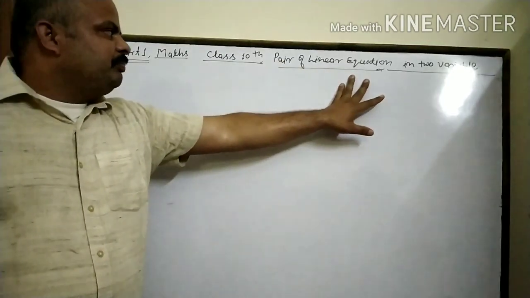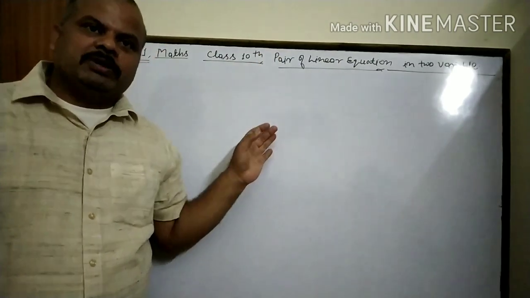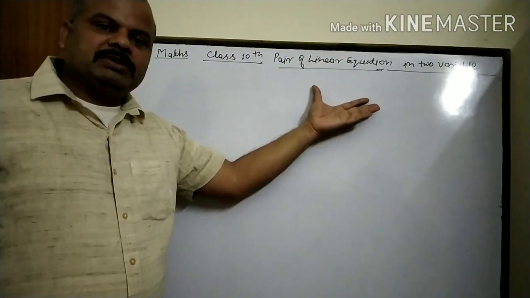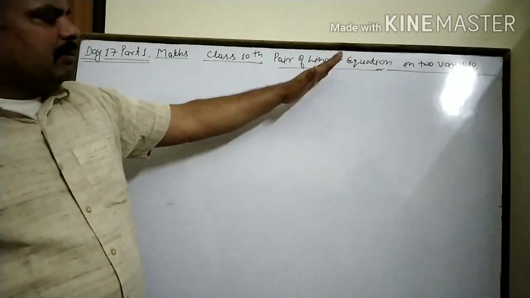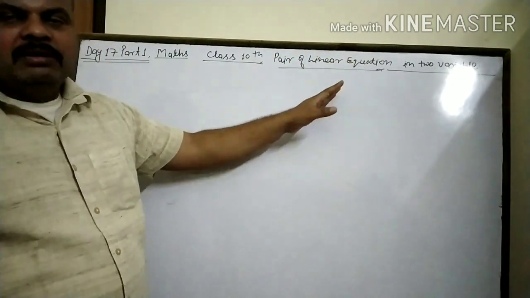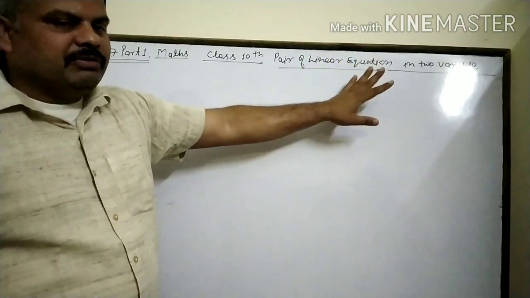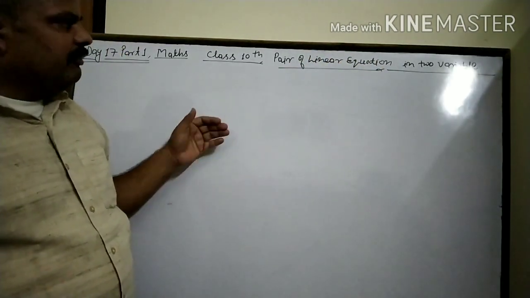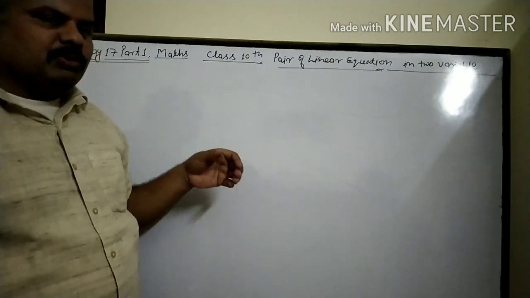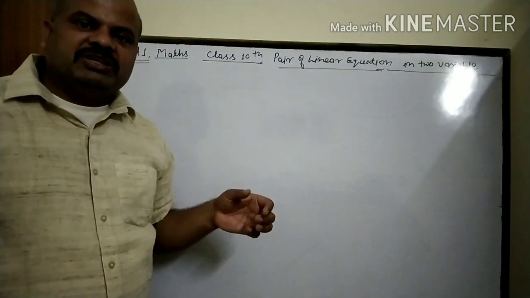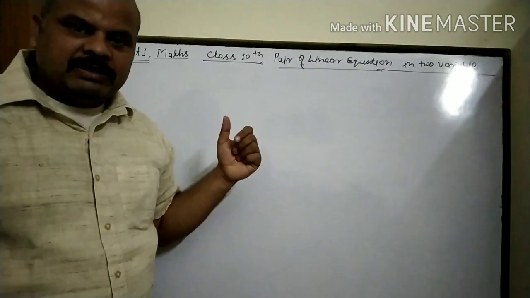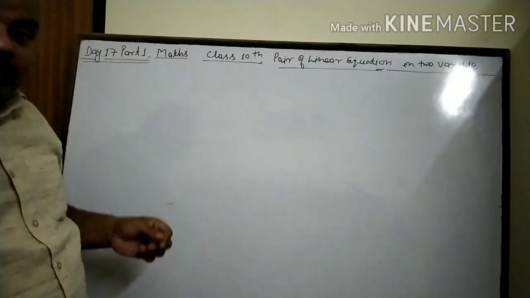Our chapter is pair of linear equations in two variables. Here we will discuss what a linear equation is, a linear equation in one variable, and a pair of linear equations in two variables. In this topic, we discuss how to solve a statement-type or word problem question. Clear? Then from our exercise